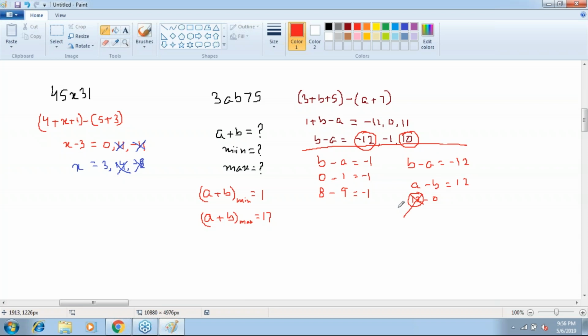right? Similarly, when the difference is 10, had the sum been 10, it would have been a different story. But here the difference is 10 or 12. A and B are digits, not just integers, which you can put anything. Okay,